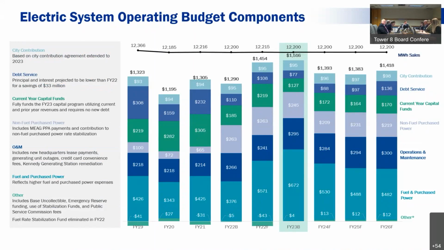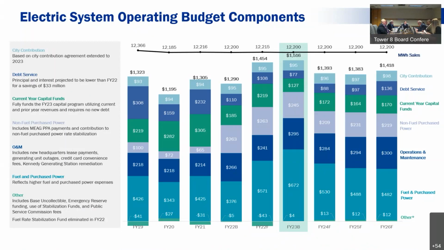All right, this slide breaks down the $1.5 billion budget into its operating components. Fiscal year 23, you can see they're highlighted. It assumes a $672 million fuel and purchase power expense, $295 million in operations and maintenance, $245 million for non-fuel purchase power, which includes the contribution to the stabilization fund for future Vogel expenses, $127 million in current year capital funds to support the CIP,